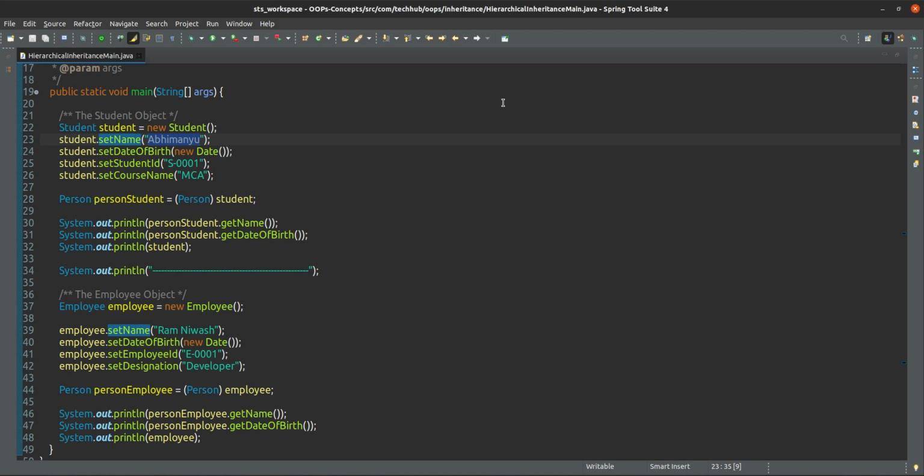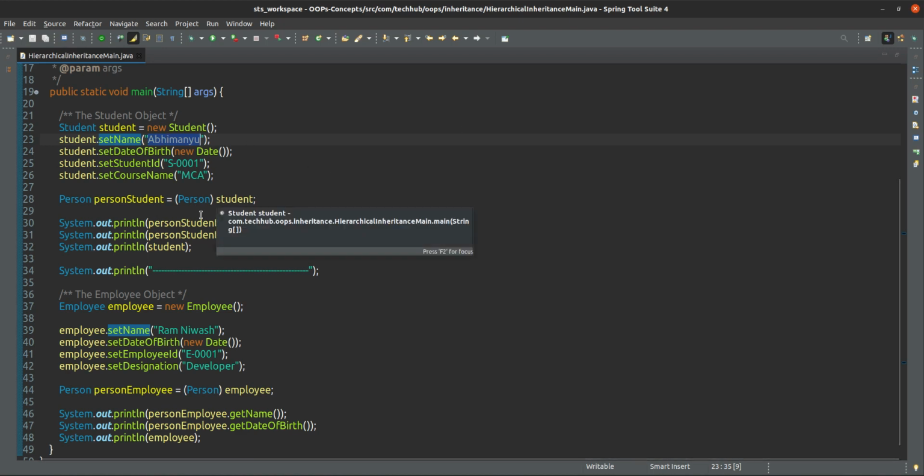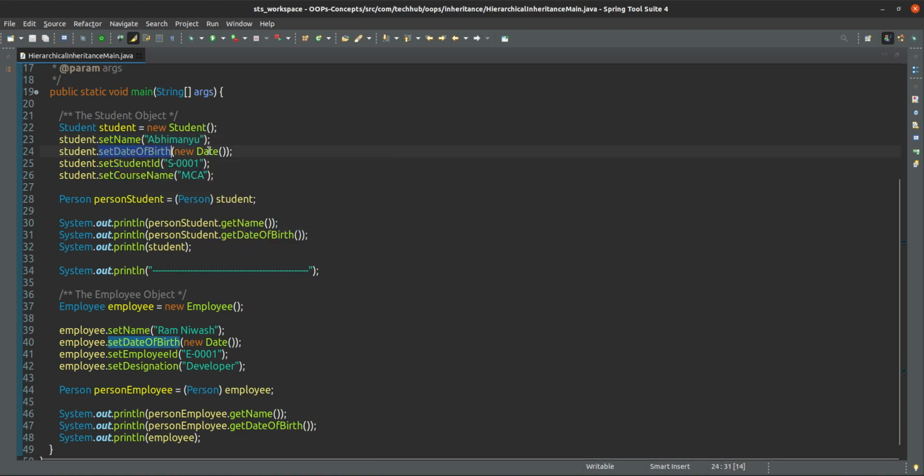So Person has a name and a date of birth. We are setting the name Abhimanyu, and the date of birth as the current system date, and the student ID 50001, and the course name, the course the student is taking, MCA, like that.